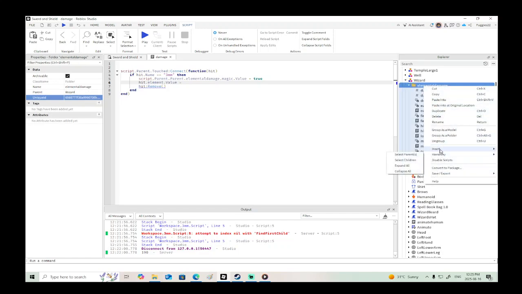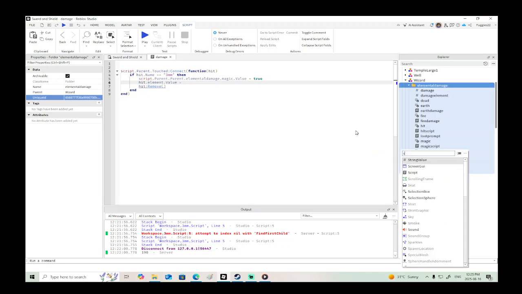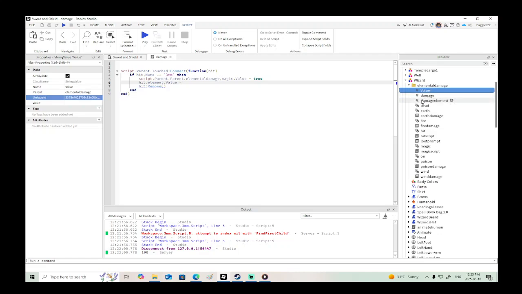we also need to insert a string value, and we can name this element type equals, and this will be script.parent.elementaldamage.elementtype.value. There we go. So now it's going to switch the value. So then we will say